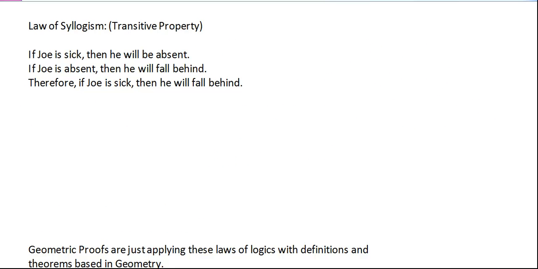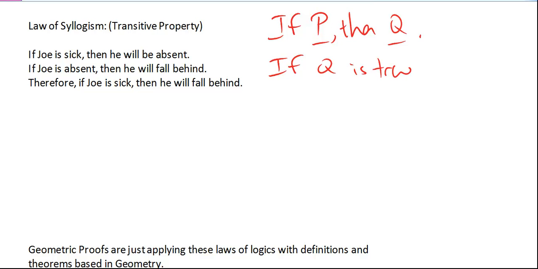The next one is something called the law of syllogism, which can also be likened to the transitive property. This is also something we use all the time, and we see it all the time. If you've watched any of the DirecTV commercials, they say it all the time: if you subscribe to cable, then your cable goes out, and you've seen all those ridiculous commercials where you end up getting beaten by a gorilla or something like that. The concept is, if I have some statement, like if P is true, then Q is true, and if I have another statement that says if Q is true, then R is true,